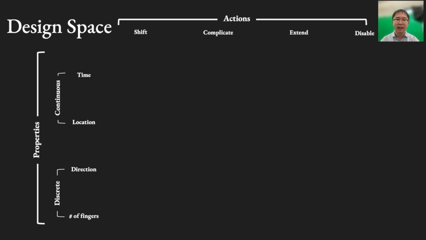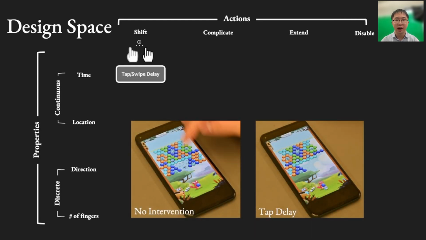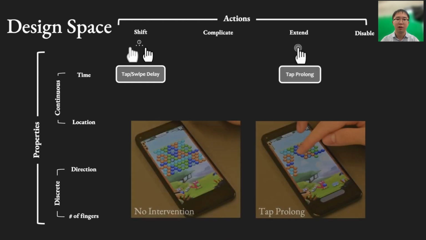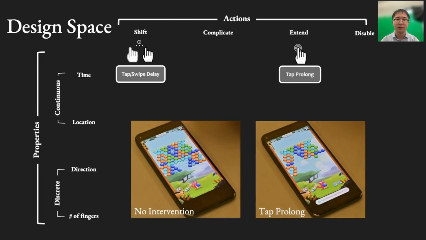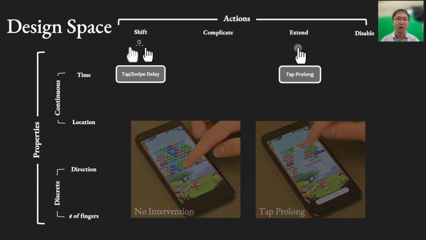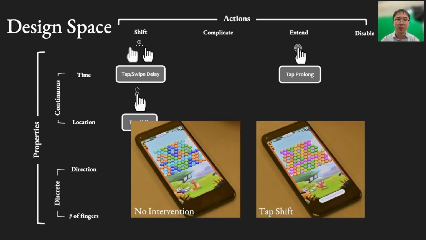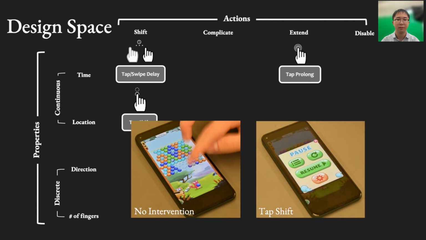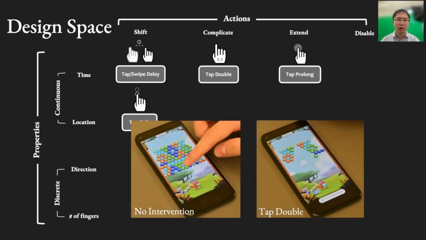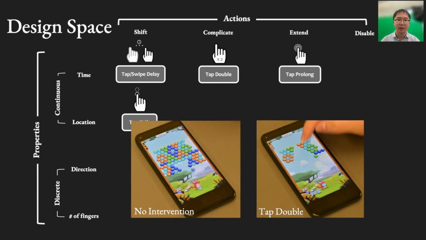We then demonstrate 8 Android implementations of input interventions throughout our design space, including tap delay that postpones the time for users' tap to take effect, tap prolong that requires the finger to stay on the screen for a longer period of time in order to single tap, tap shift that shifts the tap position away from the actual tap position, tap double that requires double tap to single tap,